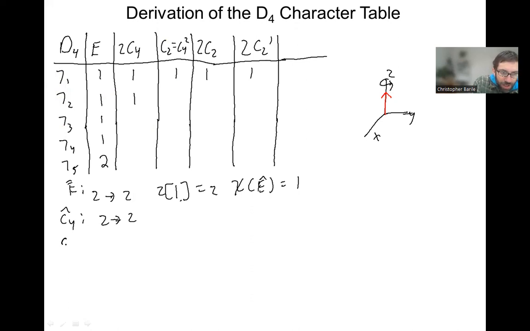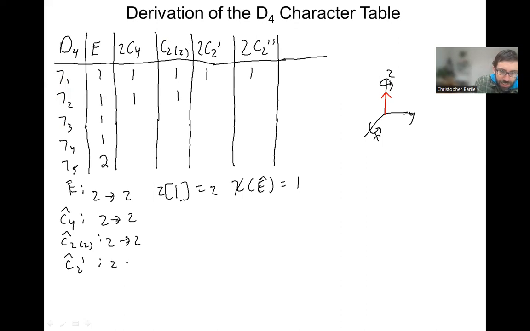Now, what about our C2? And if we want to match the nomenclature for the character table that we pulled up at the end there, we can do it this way. They call it C2Z, like prime and double prime. C2Z. Z is going to go to Z. We're just doing a 180 degree rotation again on Z, and nothing happens. But what about C2 perpendicular? Well, that's a rotation along maybe the X, we could define it. So C2 prime